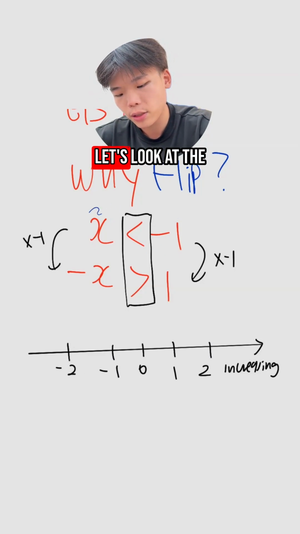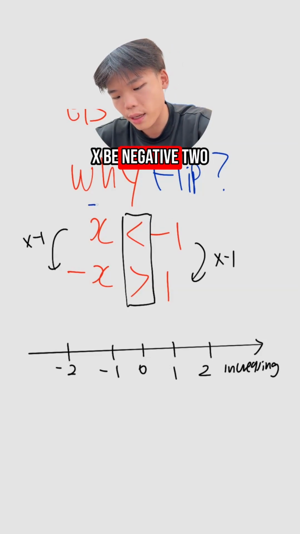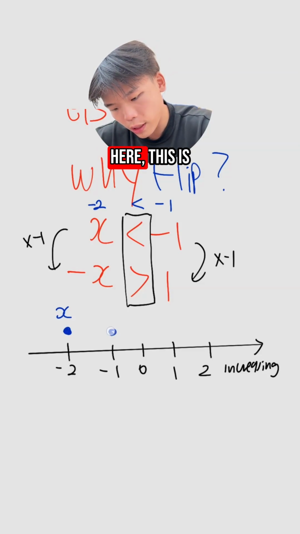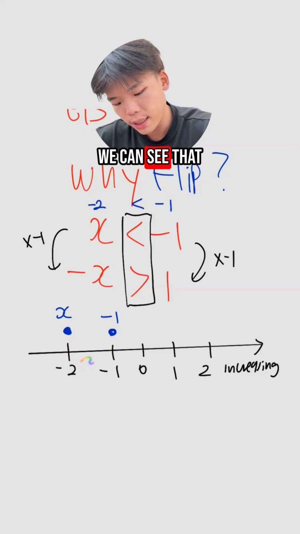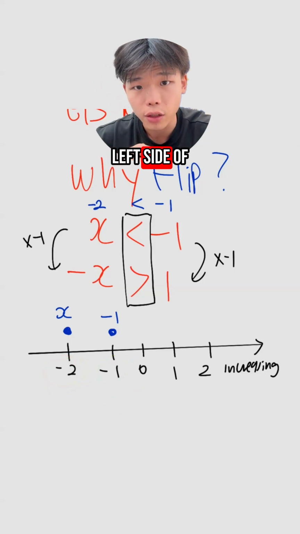So for instance, let's look at the first inequality. X is lesser than -1. So let me just let X be -2 over here, right? Because -2 is lesser than -1. So let's say over here, this is currently X, right? And then over here, this is currently -1. We can see that -2 is lesser than -1 because -2 is on the left side of -1 on the